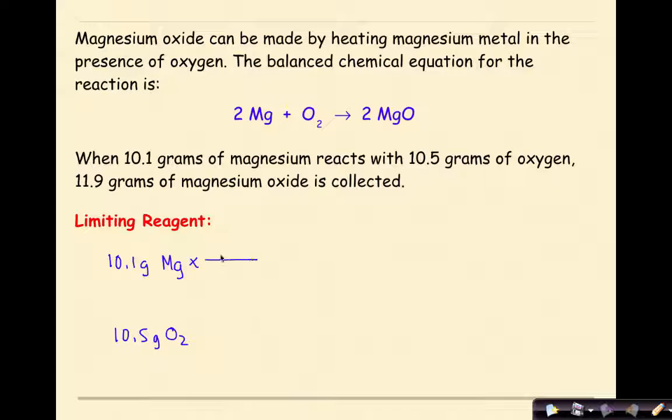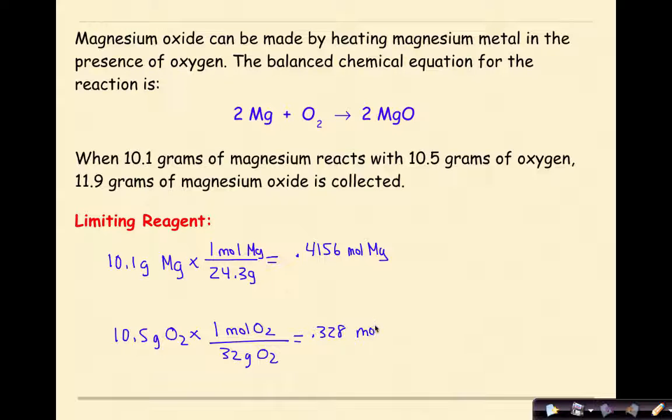So I'm going to convert these into moles. 1 mole of magnesium is equal to approximately 24.3 grams of magnesium, and if I work this out, I get 0.4156 moles of magnesium. Let's do the same thing for oxygen. 1 mole of O2 is equivalent to 32 grams of O2. So if I work this out, I'm going to get